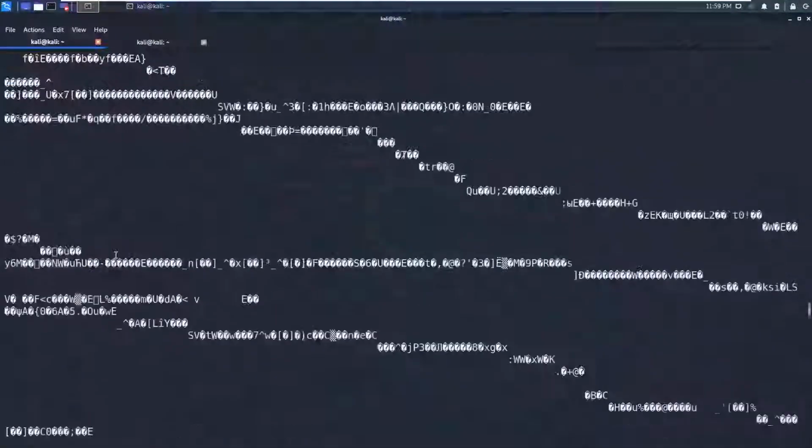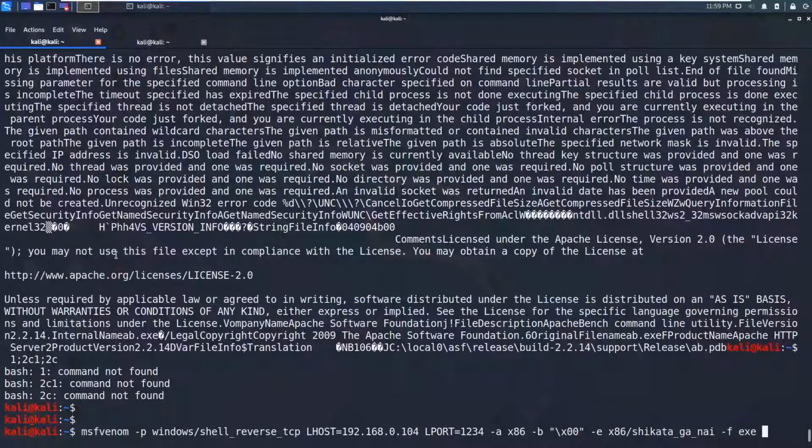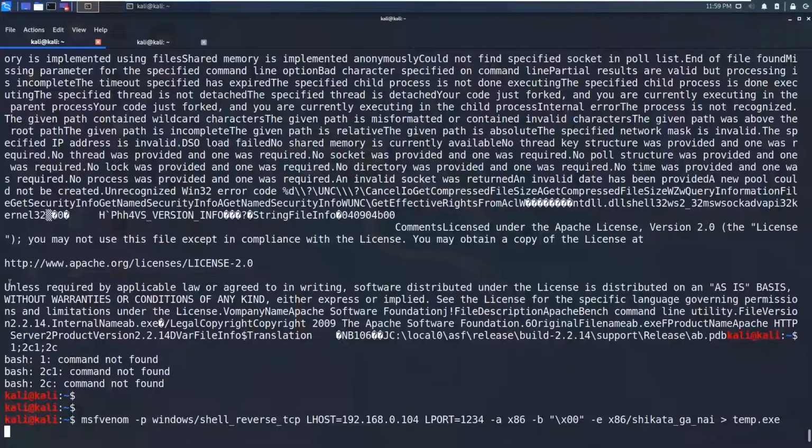So what is this about? Okay, maybe I did something wrong. Maybe I should just redirect this output to temp.exe. I think that will work.